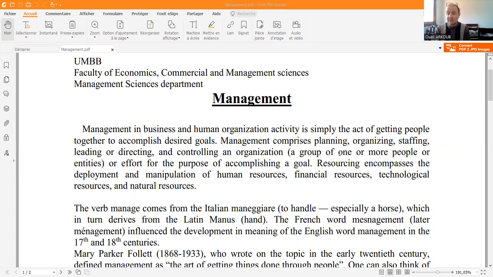This organization can be a group of one or more people or entities of organization, like Sonatrach or Soidal or Naftal have entities, or Sonalgas, etc. Or effort for the purpose of accomplishing a goal, to reach your goal, a goal of enterprise. Resourcing encompasses the deployment and manipulation of human resources, financial resources, technological resources, and natural resources, which are factors of production or production factors. The verb manage